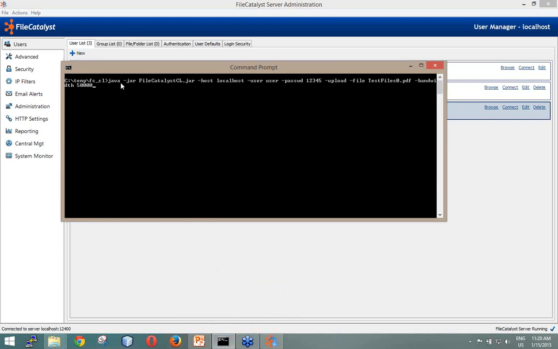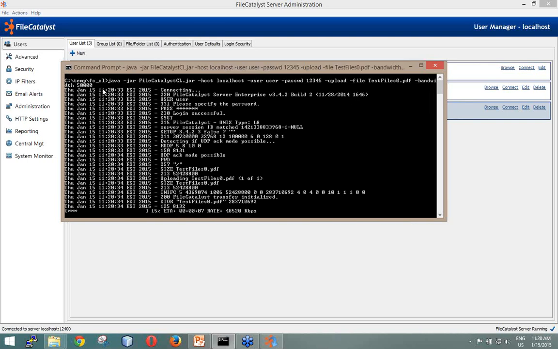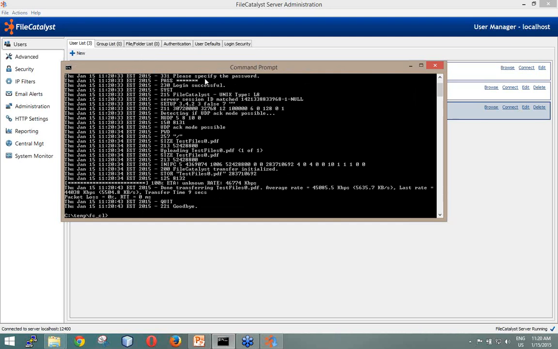You just do java -jar, your host, which is my localhost here, your password, whether you want to do an upload or a download, which file you want to upload, and you can specify the target bandwidth: the maximal bandwidth you want it to go. Every other option I'm going to talk about is also available in command line and hot folder. It's just a matter of passing more of these switches to get the transfer.